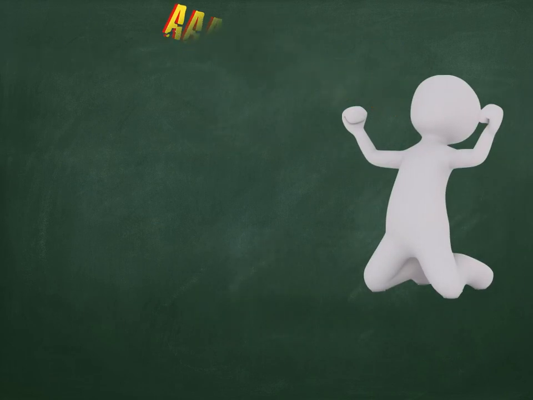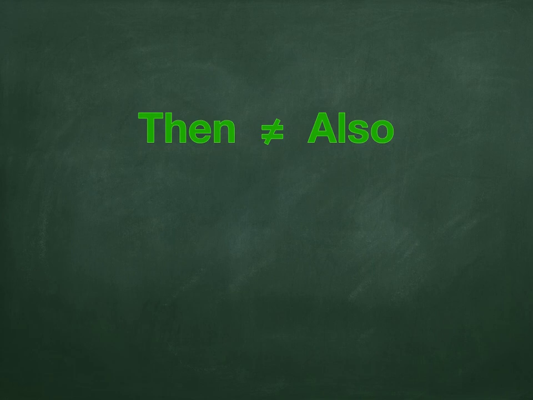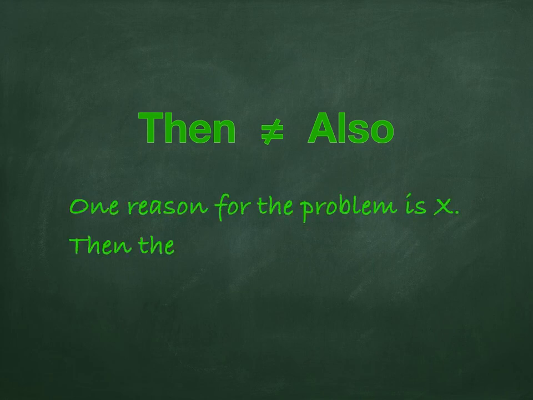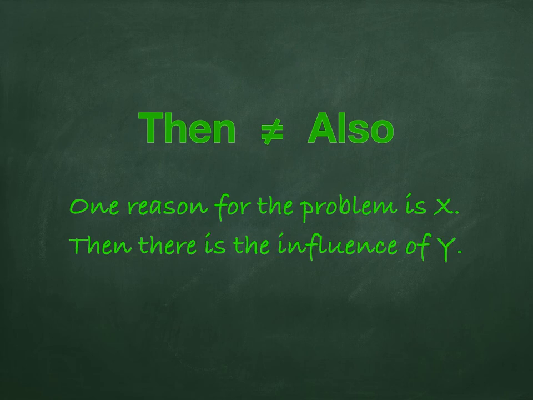When writing a formal report, be careful about the word "then". It does not equal "also". In most cases, "then" is only about the time sequence. Here's an example that is not so clear. In this kind of writing, it's better to use "also" or "in addition". Don't use "then". It sounds like you're talking about something developing over time.